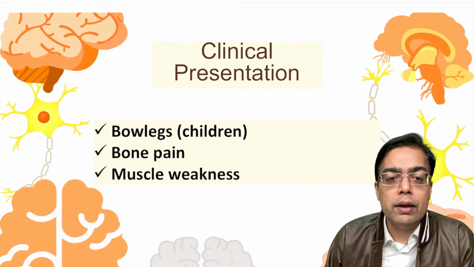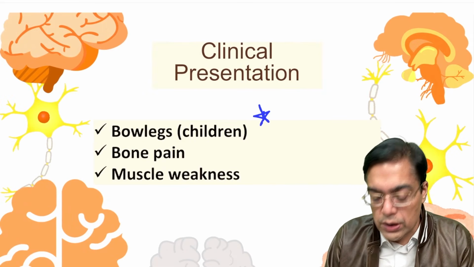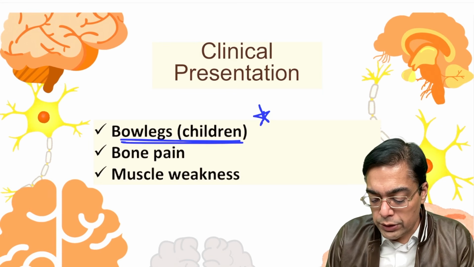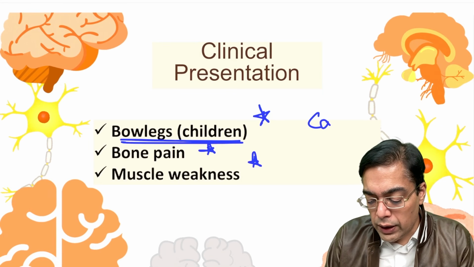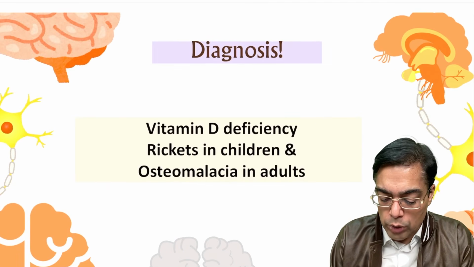Let's see the next one, where it comes in your question, when the patient is going to be having a presence of bowlegs in children. Of course, bowlegs in children will immediately alert you, along with muscle weakness and bone pain. Something which is going to be required over here is a trouble at the level of calcium. And any problem at the level of calcium means we are talking about a patient who's going to be suffering